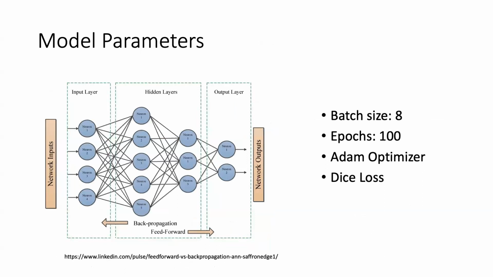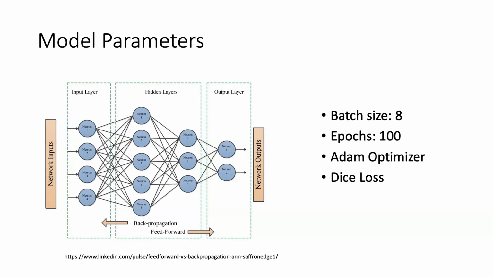So going deeper into the model that I developed, its specific parameters, I set the batch size at 8. So every time the model processes 8 images, the weights of the entire model are updated, and the model is trained for 100 epochs, meaning it passes the entire training data set 100 times before arriving at finalized weights. I used the Adam optimizer, which is responsible for updating the weights through backpropagation, which adjusts the model based on the results it's getting. I then use the dice loss as my loss function, and the dice loss is 1